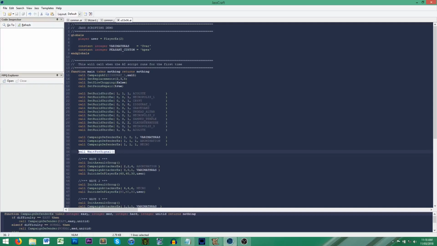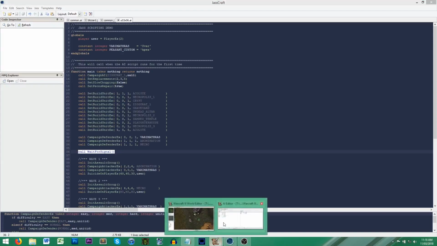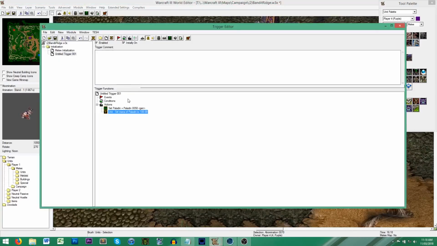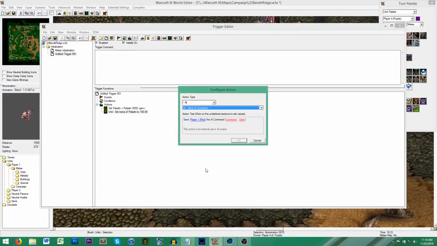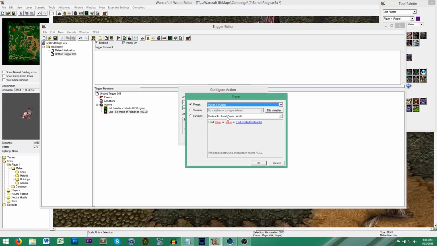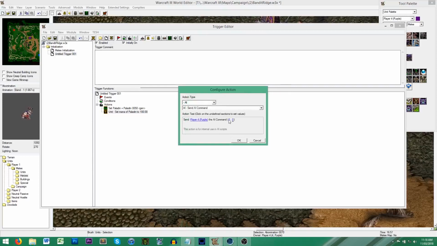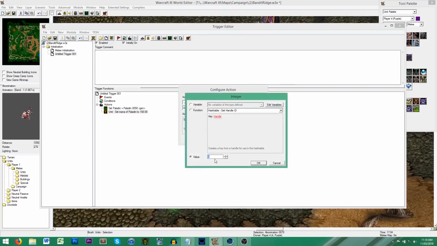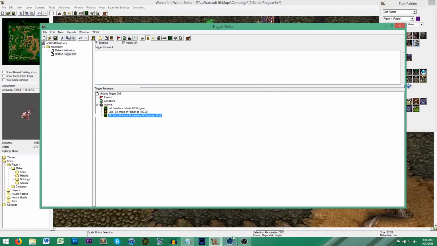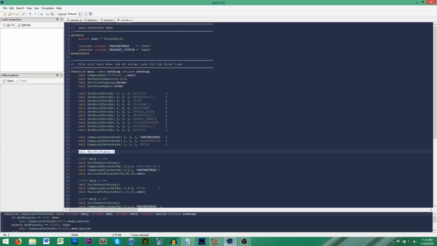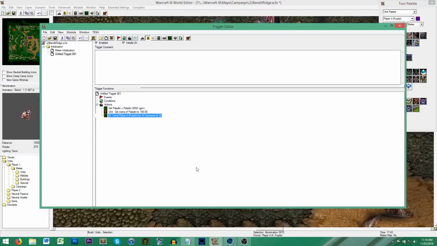And in Warcraft 3 World Editor, you can send this signal for the AI to continue running by going into triggers and going into actions and go send AI command. And you would send player 4 purple the AI command 0, 0. Now, what numbers you use, whether 0 or 1 or 2, it doesn't really matter. All the AI is waiting for is a command of any kind, and then the AI will start running